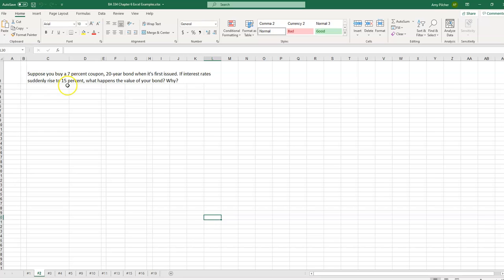What happens if we buy a 7% coupon 20-year bond when it's first issued? So that means we bought a 20-year bond with a 7% coupon rate or interest rate on the coupon payments. If interest rates suddenly rise to 15%, what will happen to the value of our bond? Well, the value of our bond will decrease, and that is because the value of the bond is inverse to